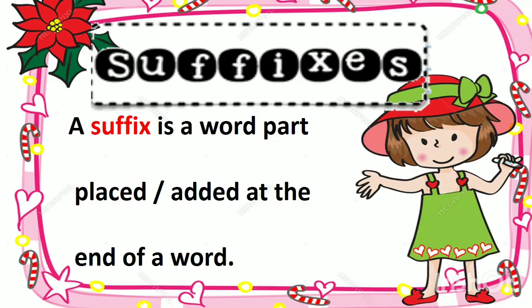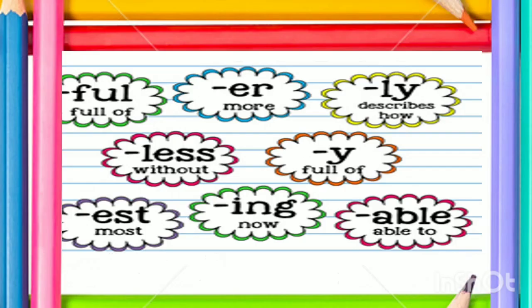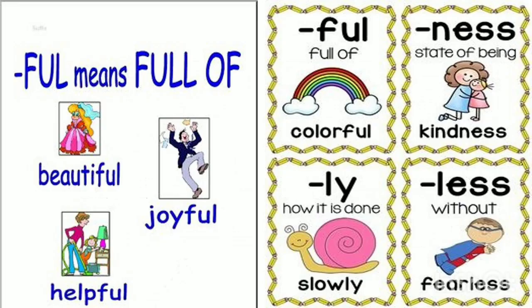So, a suffix is a word part added at the end of a word. For example, ful, which means full of. Er, which means more. Ly, which describes how. Less, which means without. Y, which means full of. Est, which means most. Ing, which means now. And able, which means able to. So now let's look at the suffix ful,